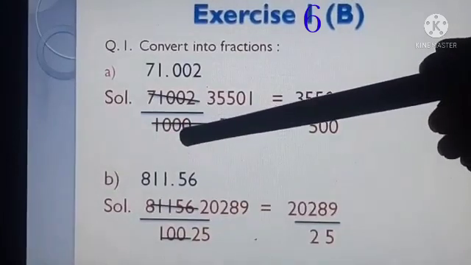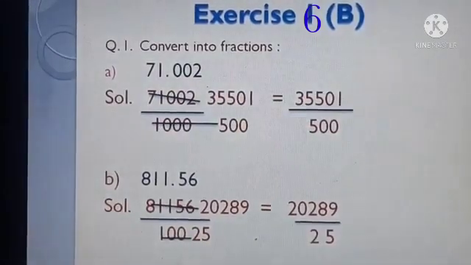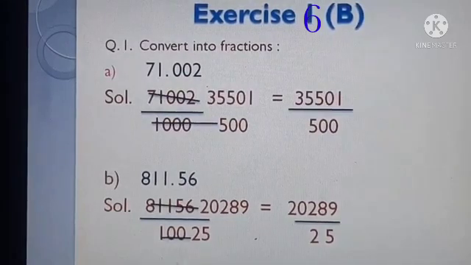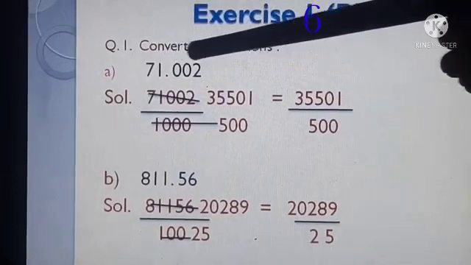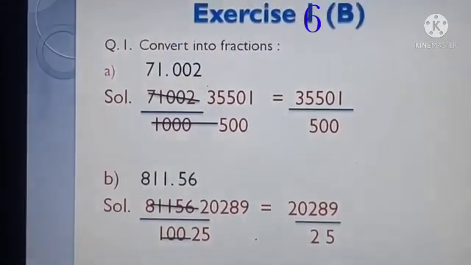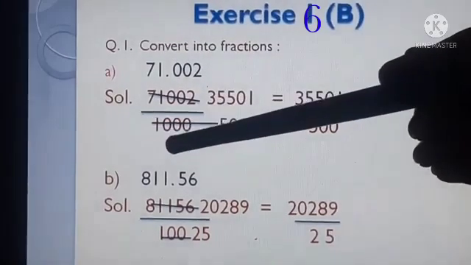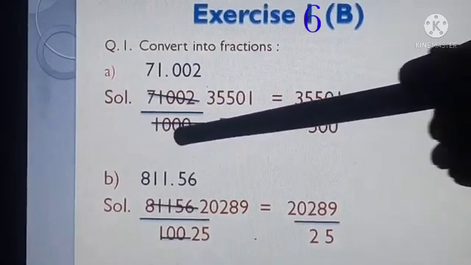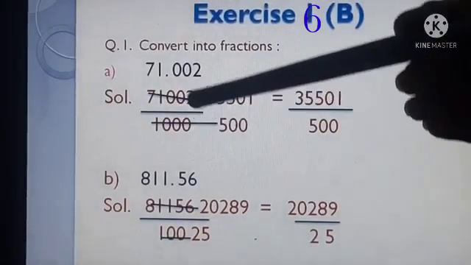Below the bar we will write down the denominator. First of all we will write 1 in the denominator. And now how many zeros will be there in the denominator? This can be found out by checking the number of digits after the decimal in the question. After the decimal there are 3 digits, 1, 2 and 3. So we will write 3 zeros after 1 in the denominator. So our fraction will become